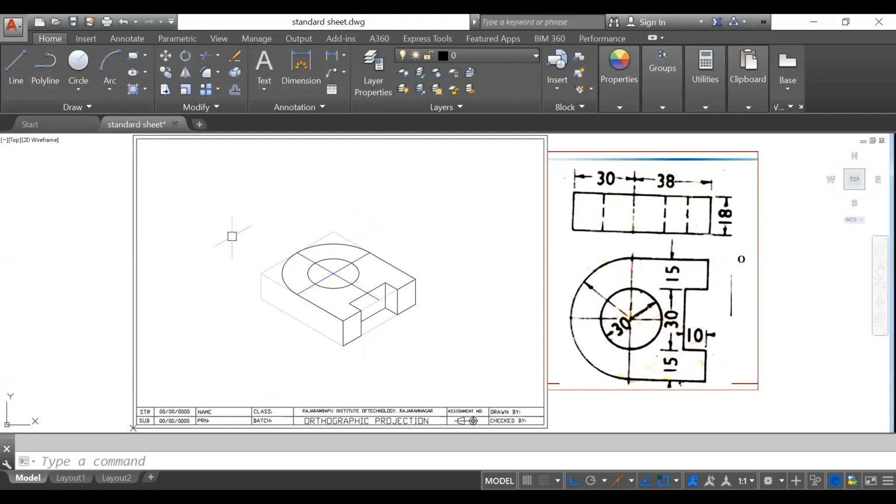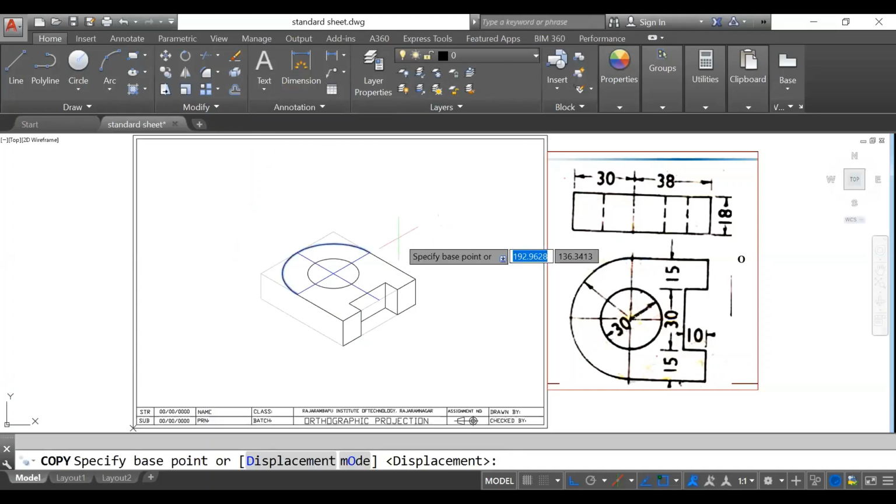So how can we move? Look here. Similar to the triangle we have seen, that triangular prism we drew before this diagram, we copied that triangle and moved it along the length. So here we have to move along the height. Okay, so you just go to the copy command, select the circle, press enter, and specify the base point. The base point should be the center point of that particular circle.